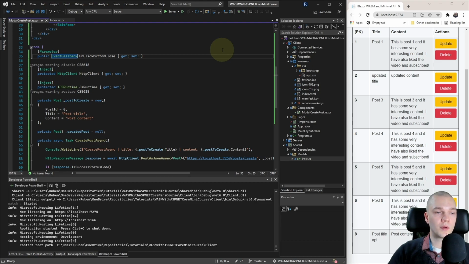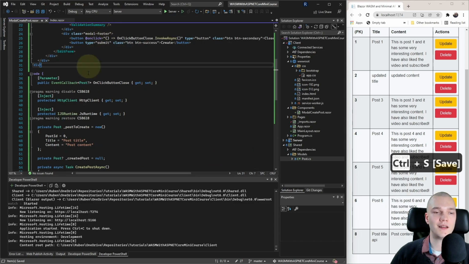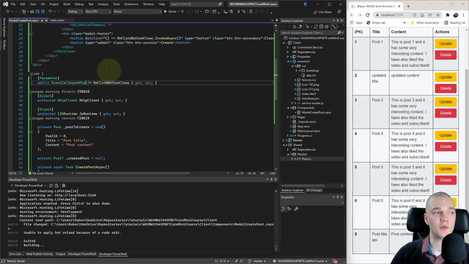So I'll do public EventCallback and add a generic, and for the type, I'll pass in a nullable Post. And when we invoke this event callback, we need to pass in either null or a Post.